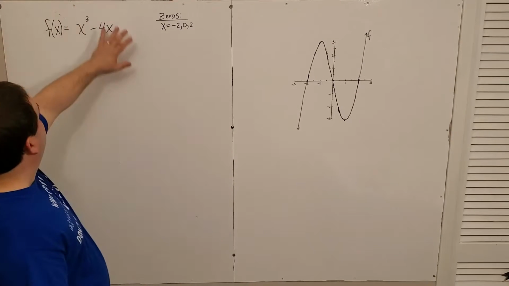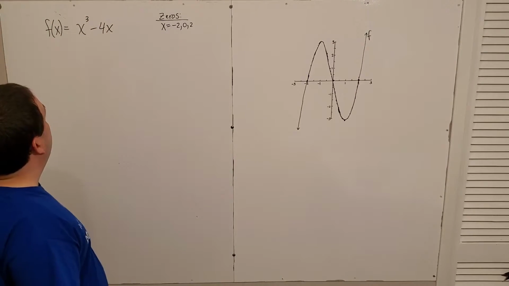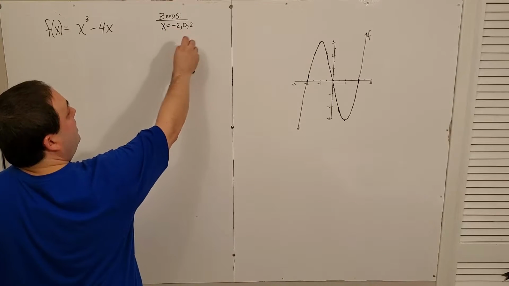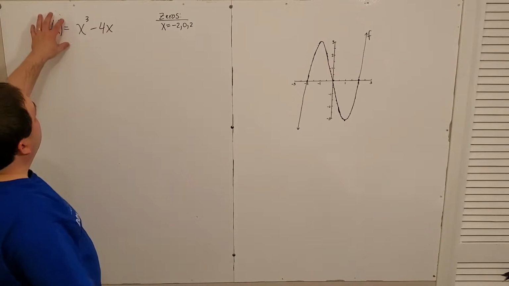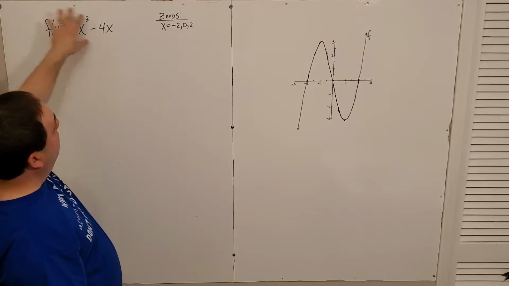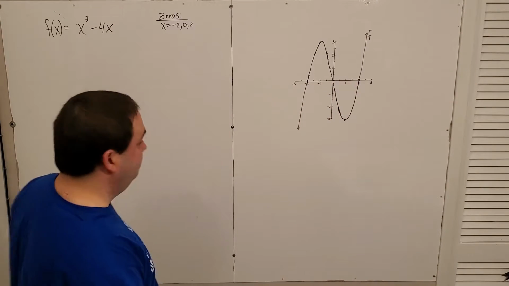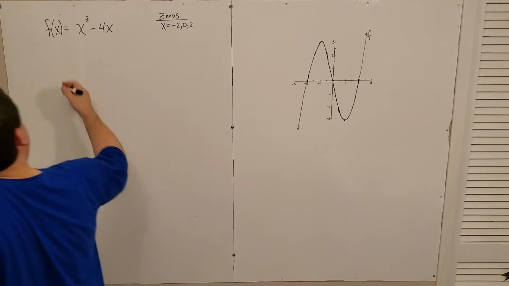So here's my original function, right? f of x equals x cubed minus 4x, and it has x-intercepts, zeros, at -2, 0, and 2, right? Because if I set this equal to 0 and solve, those are the solutions I get. Those are the places that it hits the x-axis, right? Okay, so first derivative,